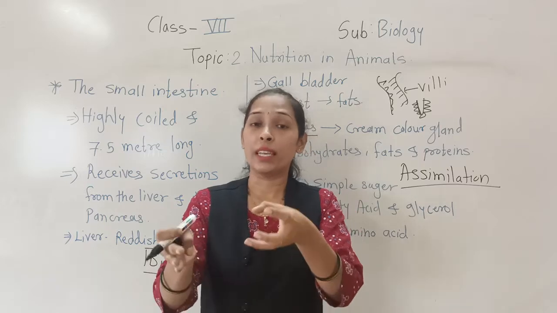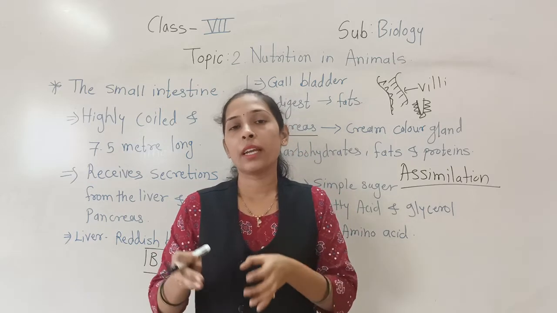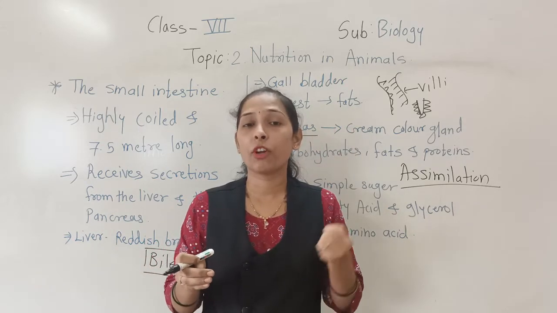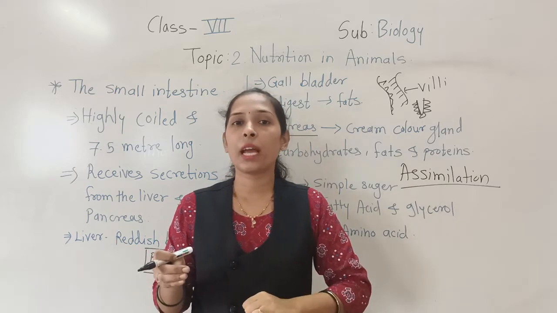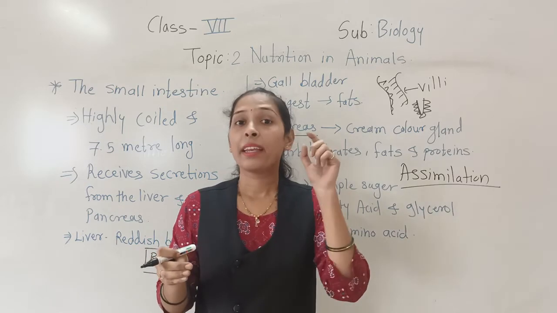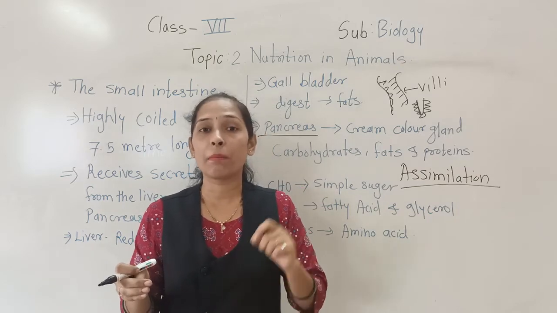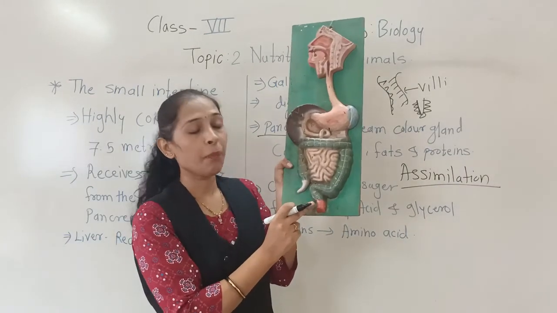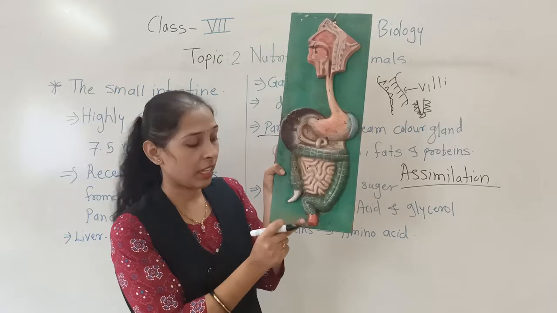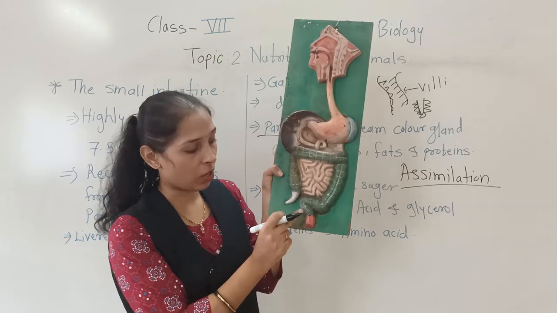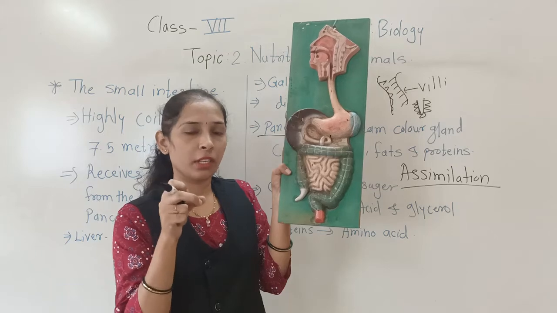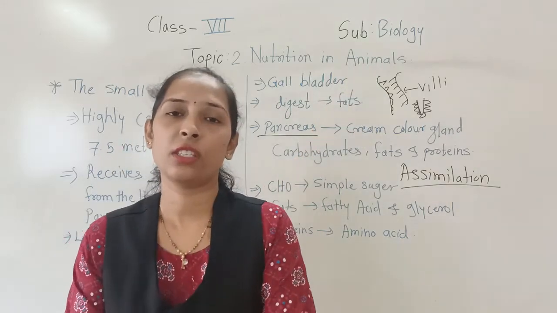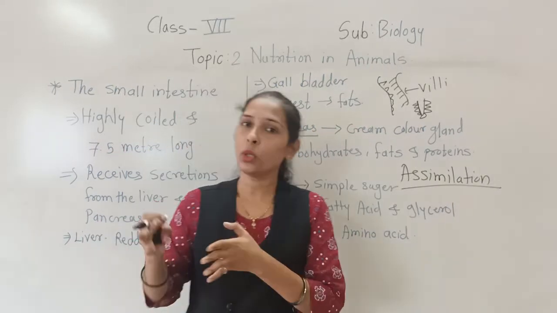Undigested food comes into the large intestine, and there it absorbs the maximum water from the undigested food. It also absorbs salt and converts the undigested food into semi-solid feces. Then that semi-solid feces passes to the end portion of the large intestine, which is called the rectum. All the semi-solid feces collect in the rectum, and with the help of the anus, the undigested food is thrown out from our body from time to time.